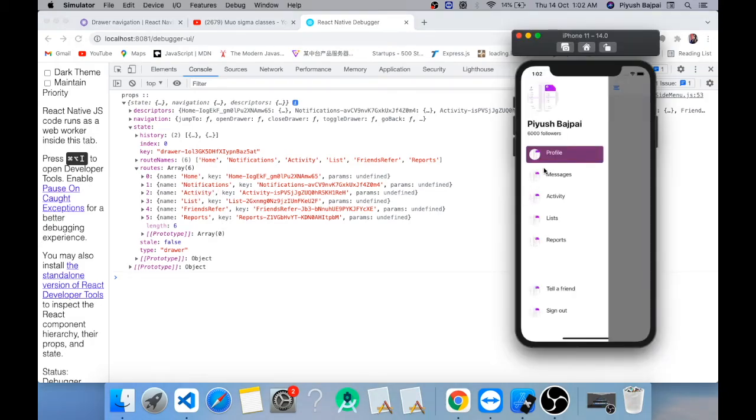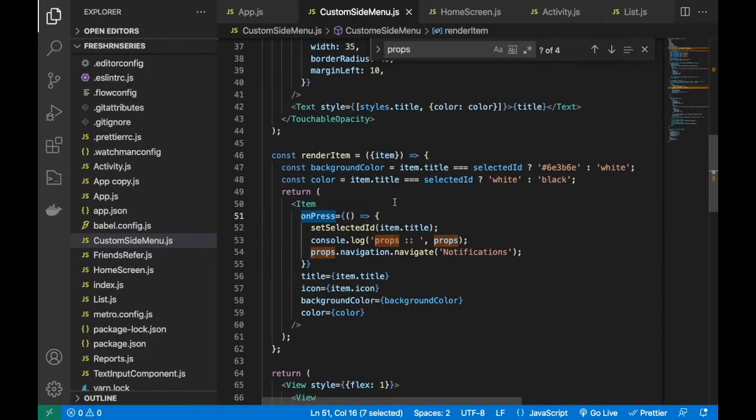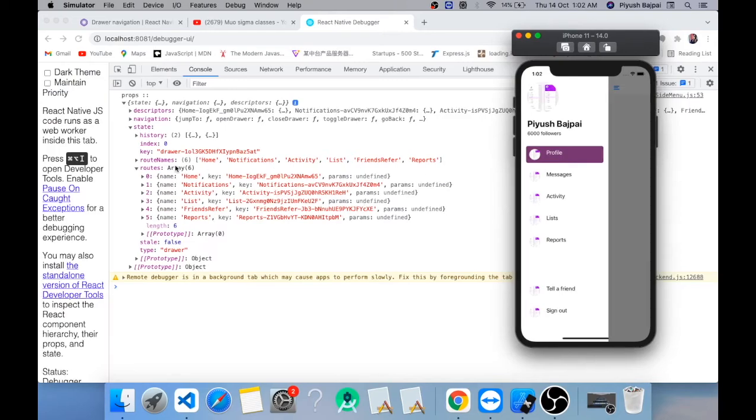Now my challenge is, when I'm clicking on the first item or fourth item, how can I check which item I am on and where I have to navigate. It's a very simple thing, guys, because when you click on this onPress, you must have the index, right? On the basis of the index, you can fetch the name at the same index.